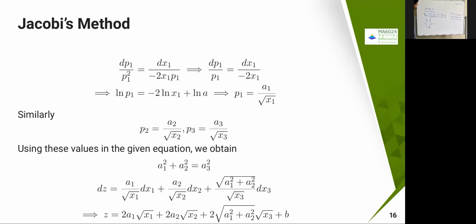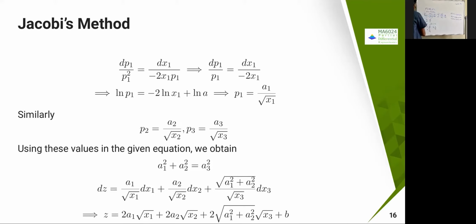You are going to get p2 is equal to a2 by root x2 is going to come. Okay. Now you don't need to work for the p3. Directly you can jump into that equation because you can just eliminate the other variable, or even if you simplify also, it doesn't matter because you are going to get the same. So p3 is equal to a3 by square root of x3 is going to come same way.